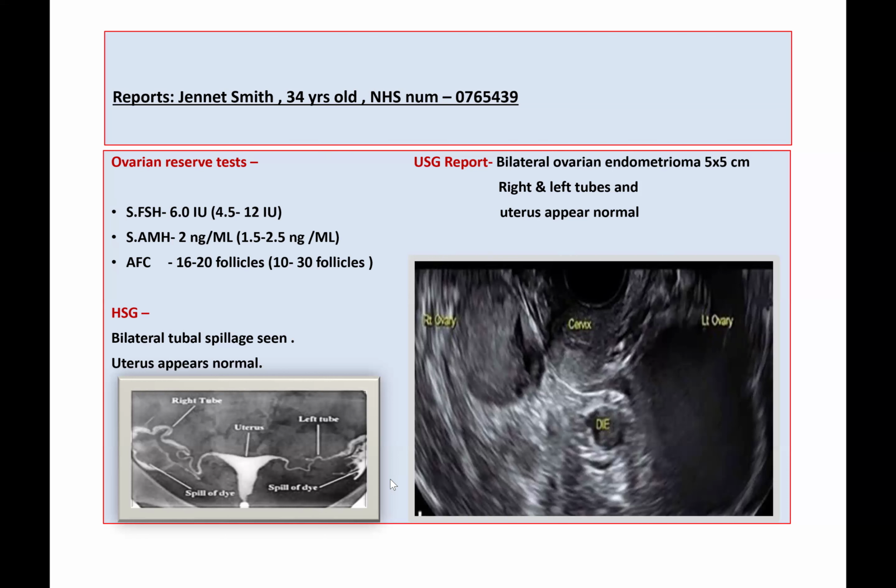Actually, what happens is that during the period, the inner lining of the womb sheds every month, and then the period happens. But sometimes this inner lining tissue deposits at other sites other than the womb, like in the ovary, in the tube, and in the tummy as well. Okay. Mm-hmm. So this bleeding happens each month during the period time, and it gets trapped, a sac-like structure forms and the cyst forms. Are you with me? All right, yes. And in your case, it has developed in the ovary, in both ovaries. So this is the concerning thing.